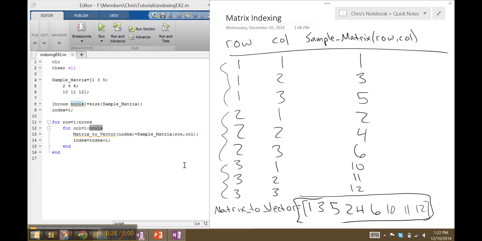And then our code has been taking all the values for this two-dimensional matrix and storing them in this vector right here. And that's what the index value did. So for each one of these, we took that row, comma, column value, so that index in the sample matrix, and stored it into a matrix to vector, which is just a vector with an index that we called index that started at 1, and then we manually increment it as we go. So if we run our code